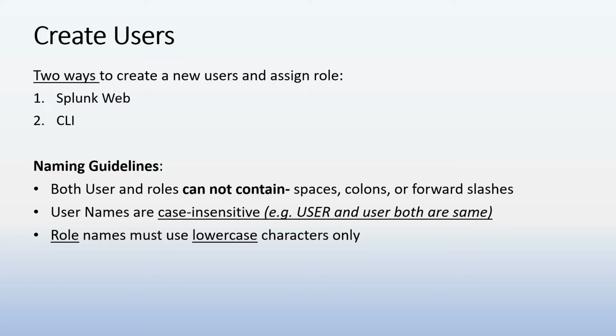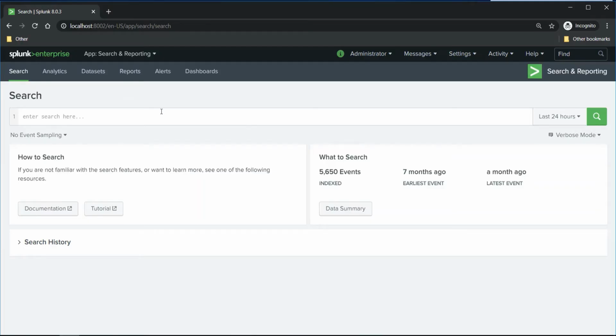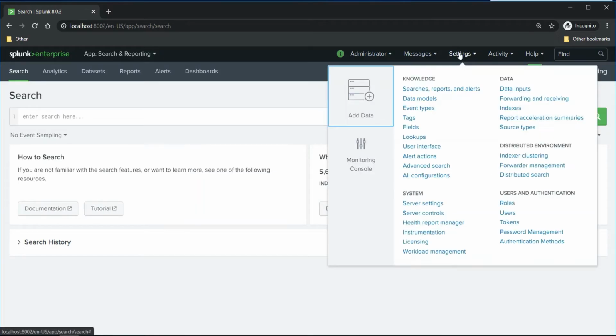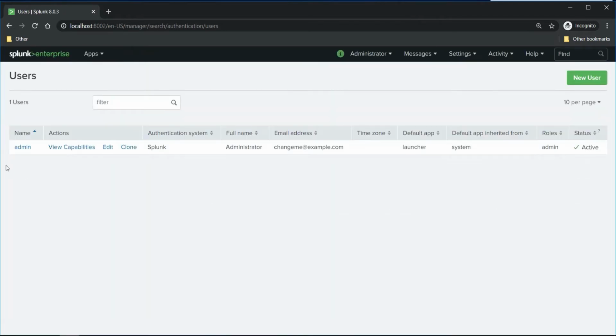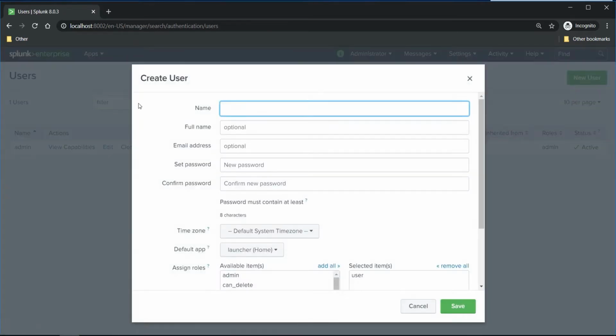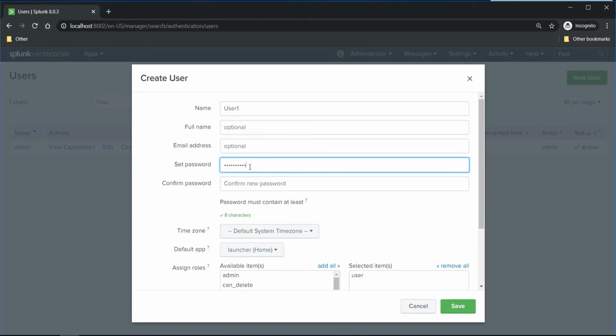So now let's begin the demo. To access this functionality, you have to go to settings, and you will see the users and authentication part. We have to create users for our demo, so I'll go to users, and here we can create a new user. This is a very simple thing to do. I'll just give a username, for example user1, and the name and email address are optional. I'll set a password for this user,